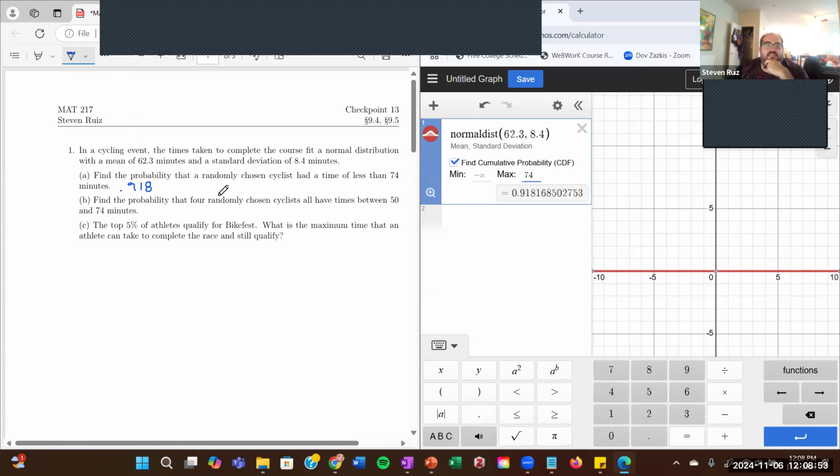Next, find the probability that four randomly chosen cyclists all have times between 50 and 74 minutes. Desmos is not going to get us all the way here, but we need it to get us part of the way. So let's find the probability that a single cyclist finishes the race in this time frame: minimum time 50 minutes, maximum time 74 minutes. Let's write this down. For part B, the probability that a cyclist